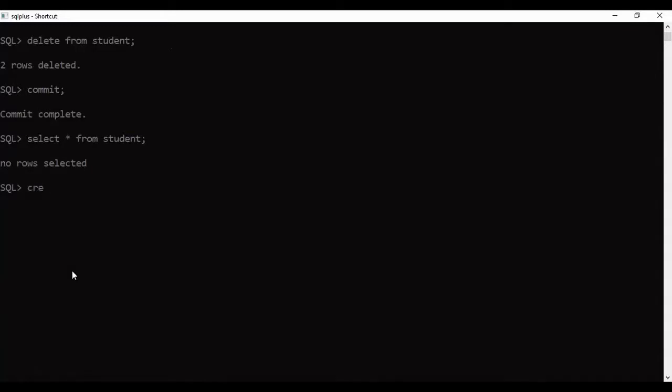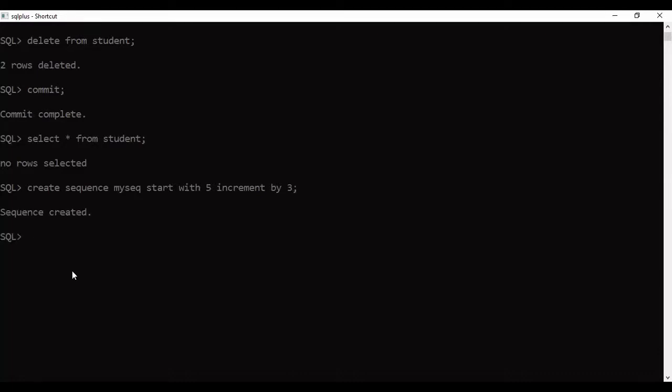Now create another sequence. Create sequence my sequence, start with 5, increment by 3, and semicolon.